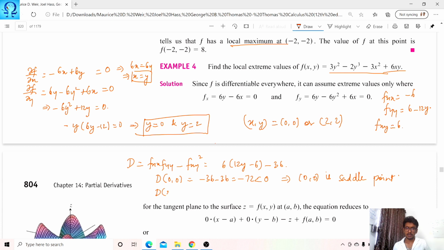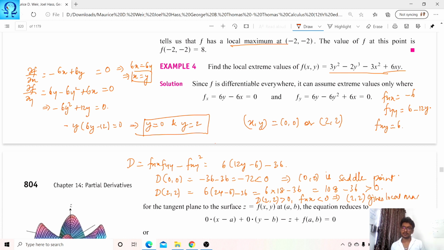Okay, next is D(2,2). So it is 6 times 24 minus 6 minus 36. That is 6 multiplied with 18 minus 36. So it is 108 minus 36. Anyway, this is some positive quantity. So here you get D of (2,2) is positive, and your f_xx, which is minus 6, is negative. Therefore (2,2) gives